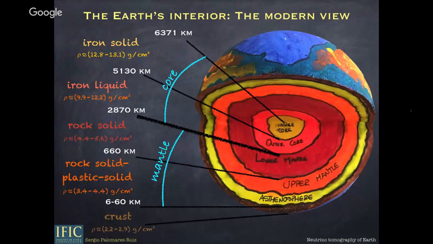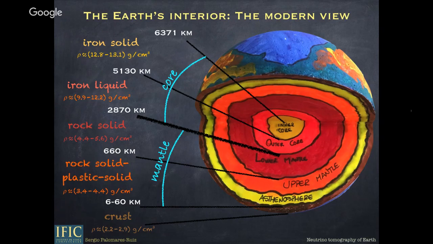Within the core, for instance, we have two major layers. One is the inner core, which is basically solid, and the other one is the outer core, which is liquid. And this is very important, the fact that the inner core is solid and the outer core is liquid, because the movement of the outer core is what basically generates the geodynamo of the Earth and generates the magnetic field of the Earth, which is fundamental, for instance, for making up the atmosphere of our Earth. So understanding the core is a critical issue to understand the magnetism of the Earth.